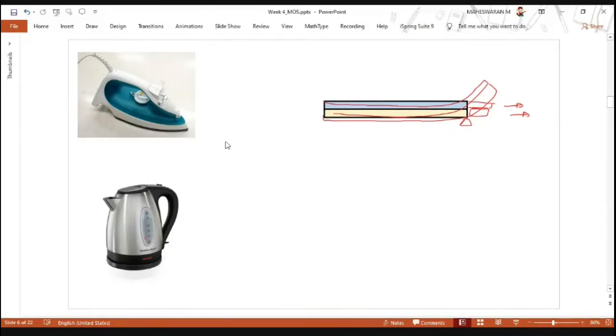Most of the power cut applications are based on this thermal expansion. So thermal expansion plays a major role in engineering. Most of the applications use this. We make it expand and we make it contract and use it accordingly. Right? This is one of the applications.